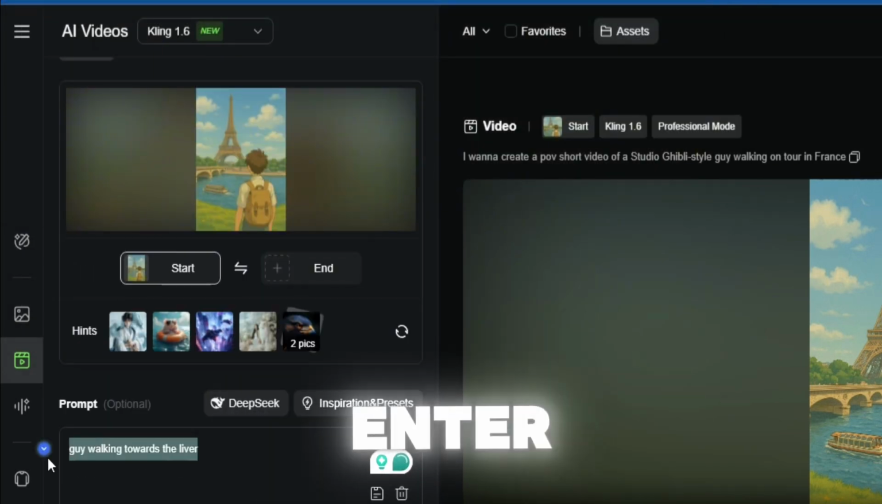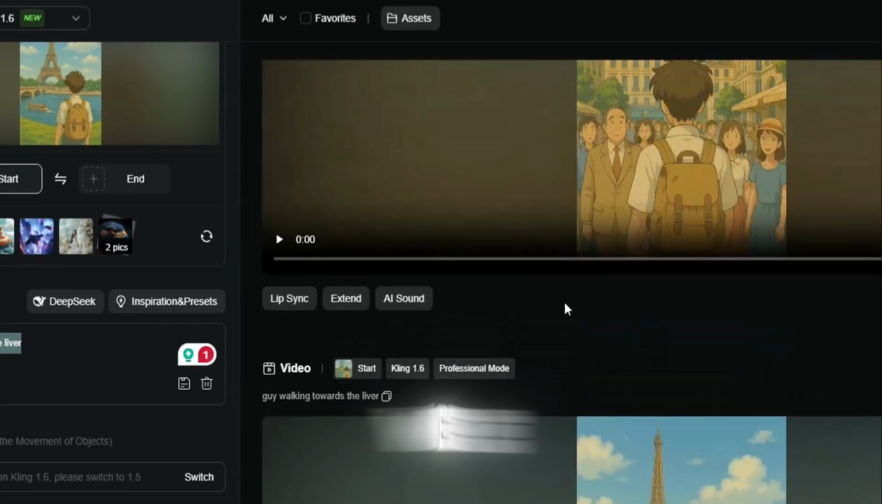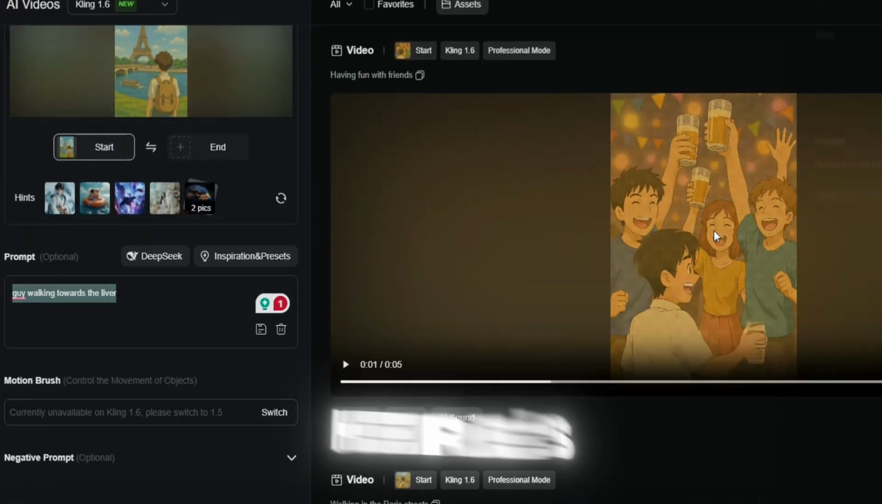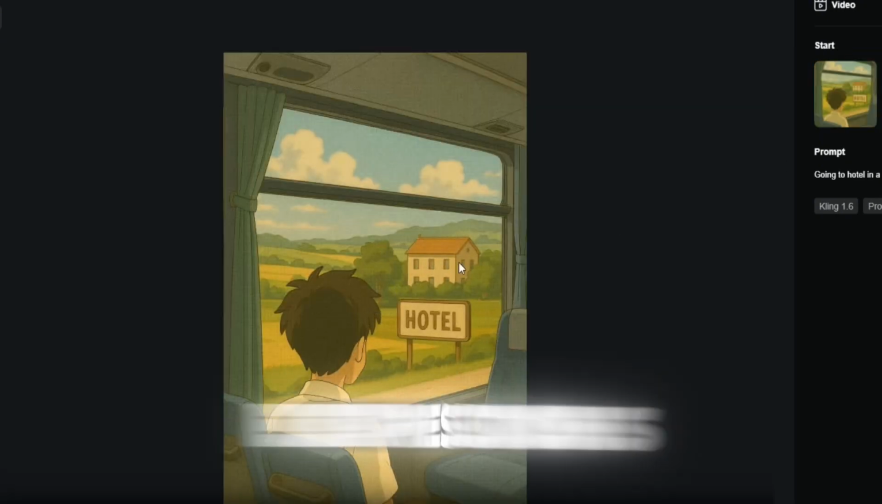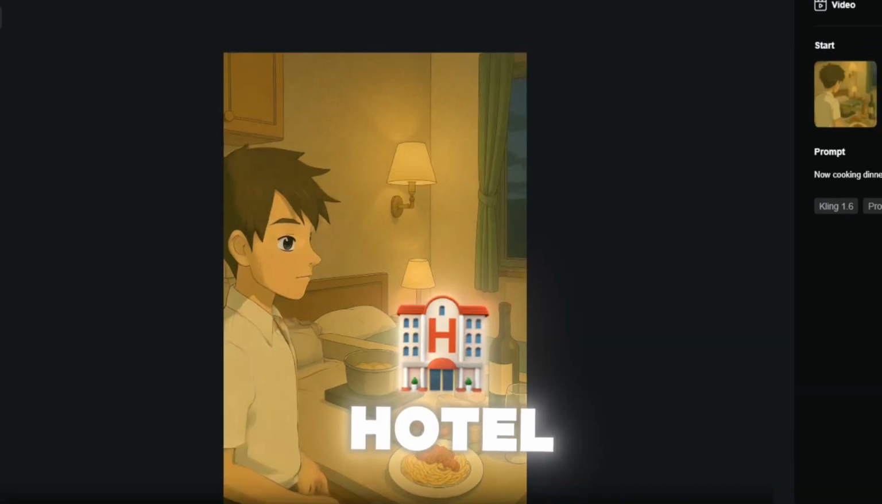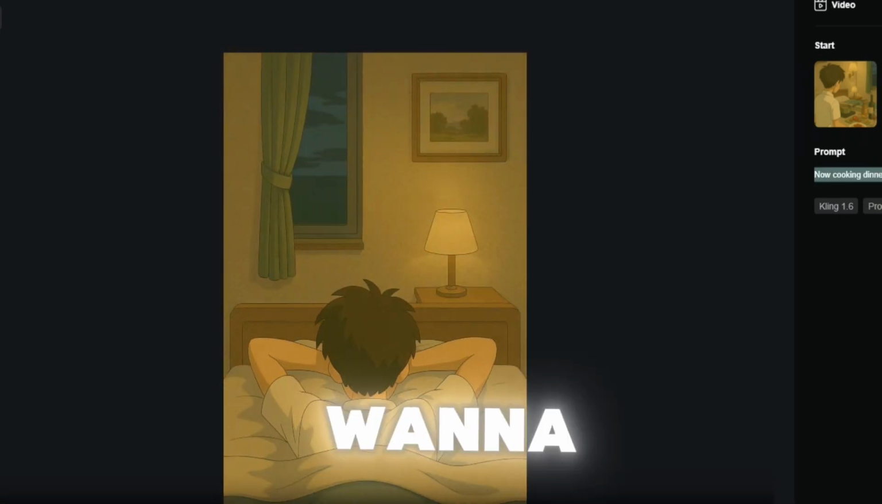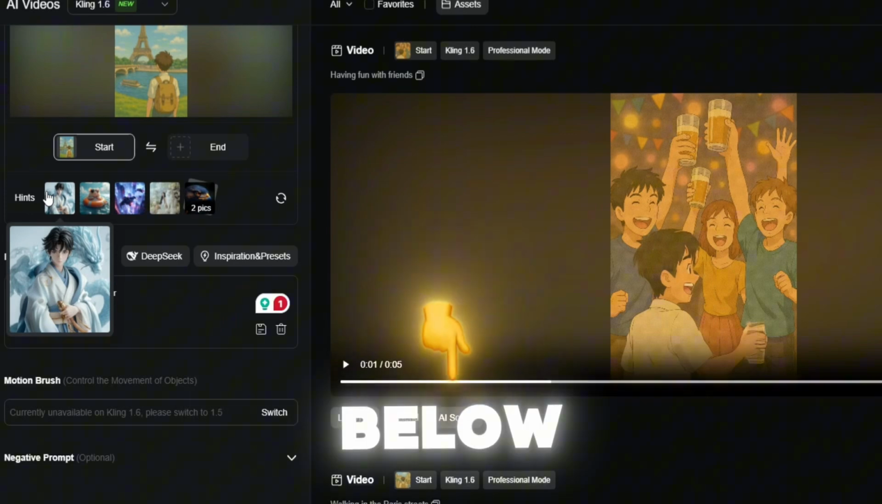After uploading, you enter a prompt, hit Generate, and voila. The results were fantastic. For example, here's our guy enjoying a drink with friends, his expressions full of life. There's also a scene of him on the bus heading to the hotel, and a final shot of him making dinner before bed. If you want to try these prompts, I'll drop them in the description below or check out